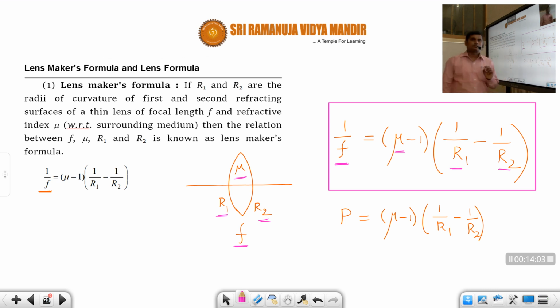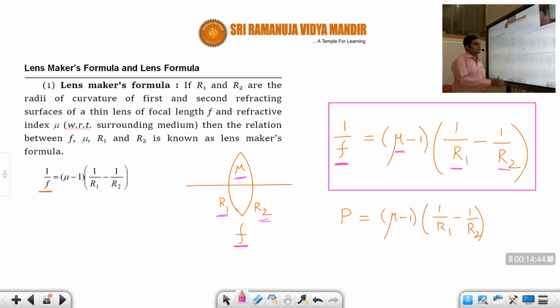Very, very important, students. In fact, as I told you in the last sessions, once again I am telling, out of all the topics in the optics chapter, the most important topic that you should understand is the sign convention. Others are very important, but if you make any small mistake in sign convention, instead of positive if you take negative, then you will not get the correct answer. So therefore, sign convention is very, very important. Whenever you are using a particular formula, you should make sure that you are substituting the quantities with proper sign convention. And remember, unknown quantity should never be substituted with sign convention. Only the known quantities should be substituted with sign convention.